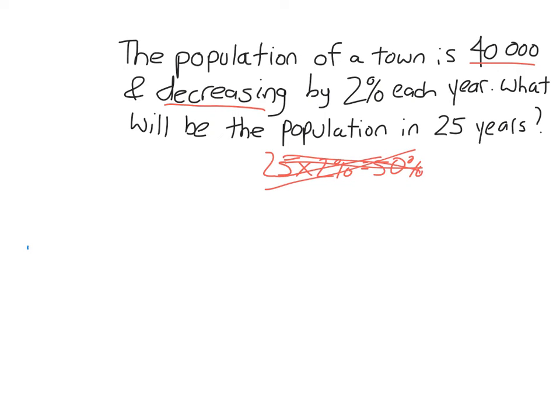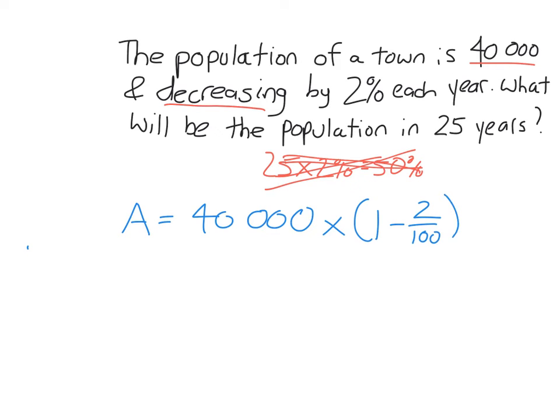Let's use the formula. So we've got the amount, that's what we want to find, equals P. So that's the initial amount. It doesn't matter that we're not talking money here. P is 40,000 times, now not 1 plus R over 100, but 1 minus R over 100, because it's decreasing. So that's what I went through on the other slide. It's decreasing by 2% for 25 years, so it's going to decrease 25 times. That's all there is to it, and we simply put this on our calculator. And the answer we get, to the nearest whole number, because we're talking about people, is about